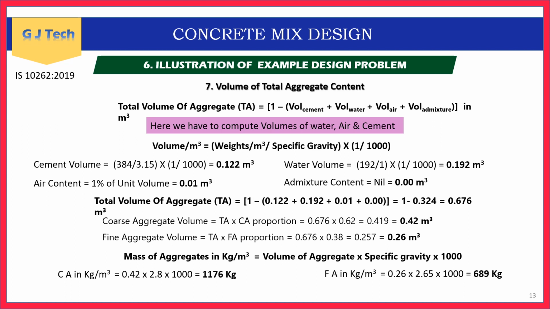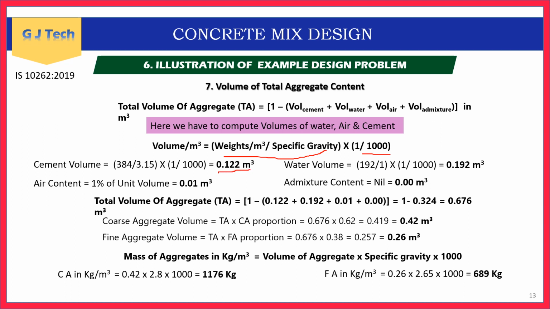So volume per meter cube is equal to weights per meter cube divided by specific gravity into 1 over 1000. So how do we compute volume of each ingredient, since we have weights of each ingredient? We need to compute the volume of cement, volume of water, and volume of air by using this equation, which says weights divided by specific gravity multiplied by 1 over 1000 will yield the volumes of the respective ingredients. So cement volume obtained is